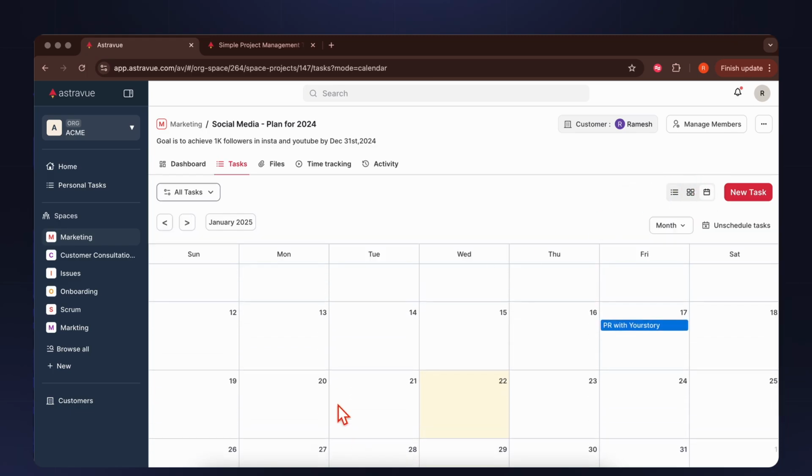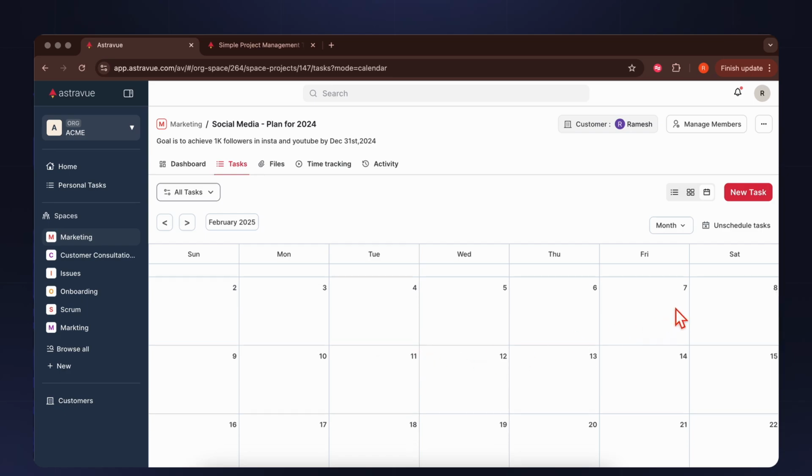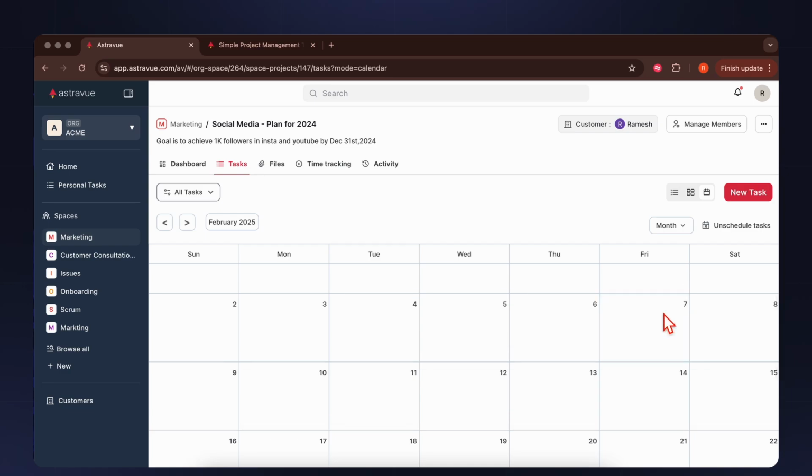And this is what I love the most, right? Let's say you're planning for an event that's coming up in February. What I would do is have a team meeting, let's say with 4 members, on who's going to take care of which task, and I would start creating the tasks backward from the due date, because let's say the event is on 7th. So here I would say, let's say CFC event,